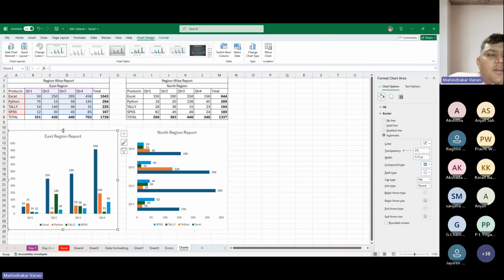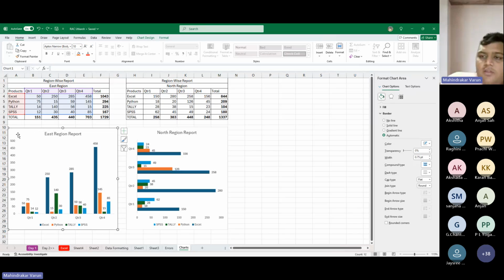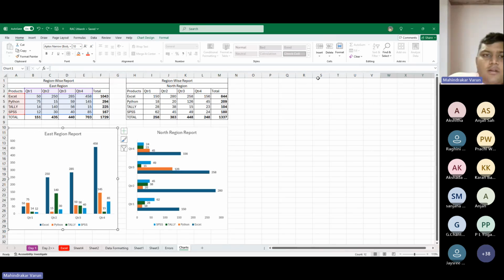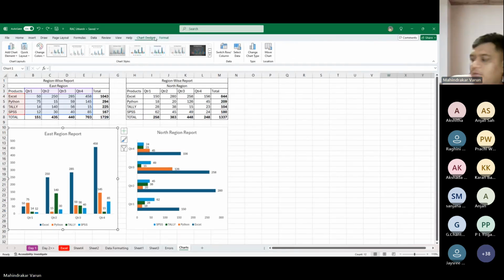Now I want to give a background color to the charts. The way we have given background colors to the headings, right? What I want to do, I want to give the chart also a background. So click on chart. Once you click on chart, here you will be getting an option called format. Okay, here once you get the format, once again,